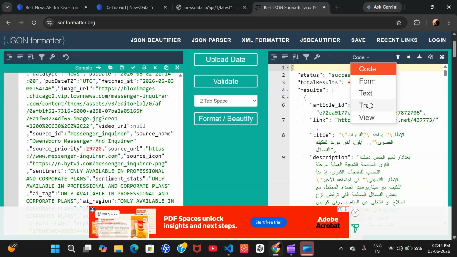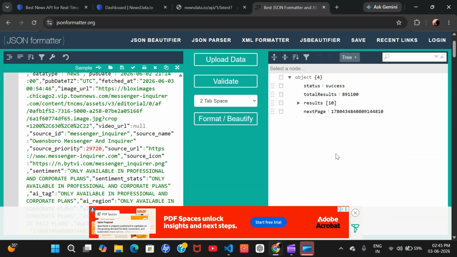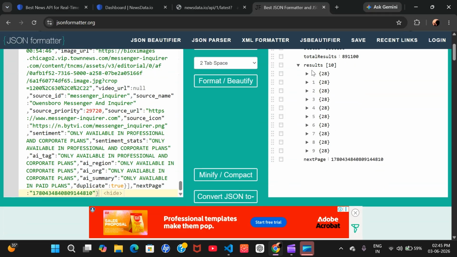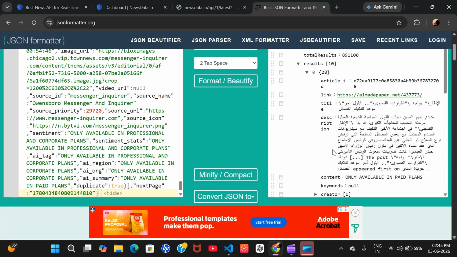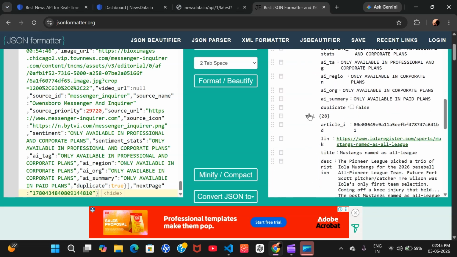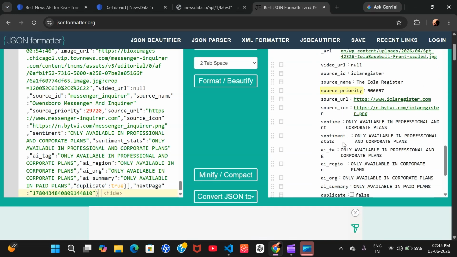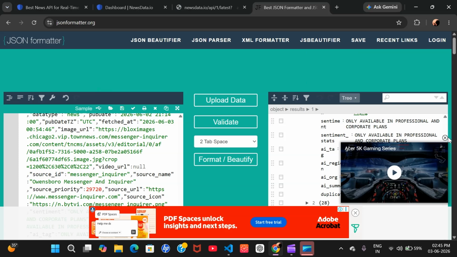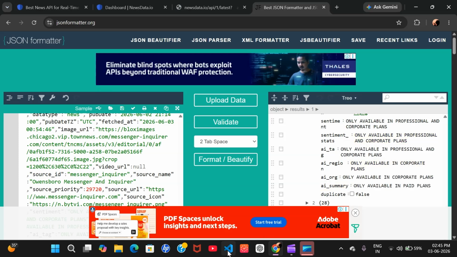In the tree form, we are looking at results, next page, status, and total results. In the results, you will get these sections 0, 1, 2, 3, and under each section you will get the news of every language. There are so many languages present. Now go to our code.